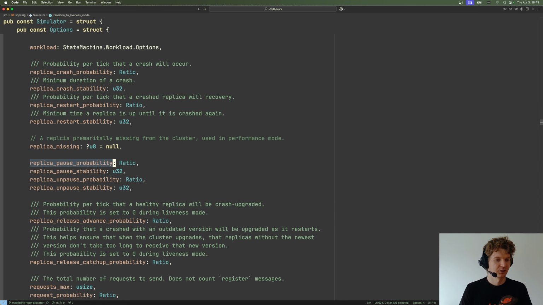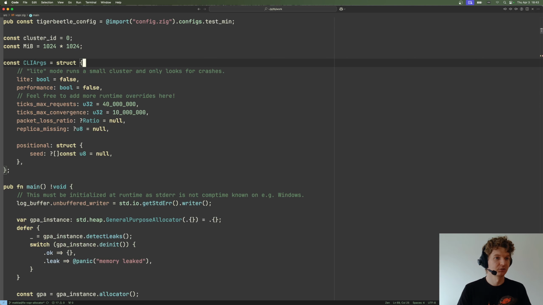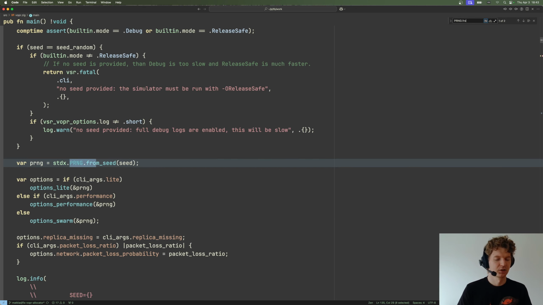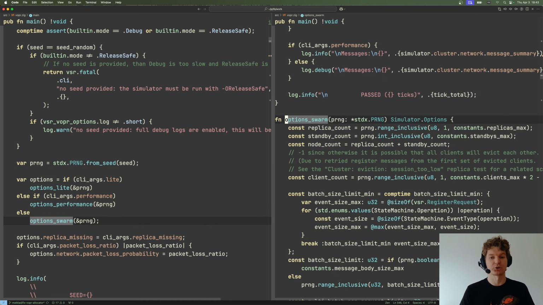Let's see where we were. Okay, we were initializing our PRNG from C. Okay, now the interesting part, we generate a ton of options for our